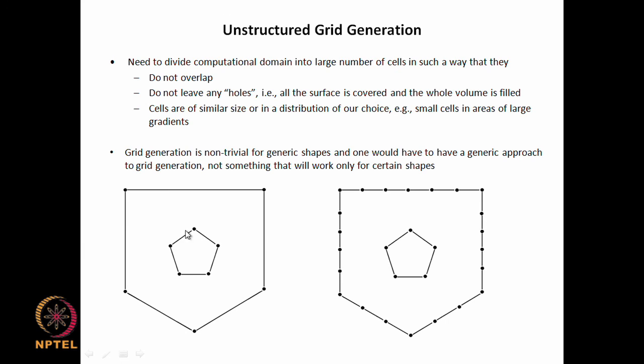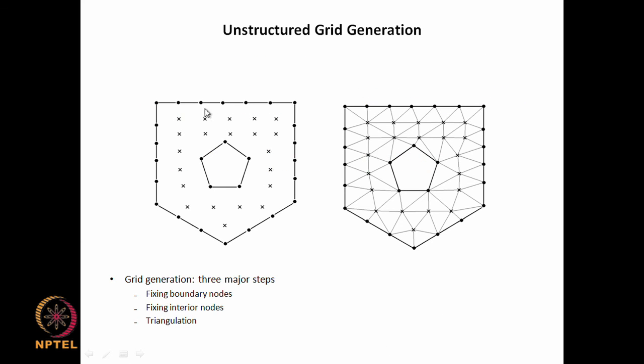Given the fact that we have a domain which does not fit into a regular constant x, constant y kind of thing, as shown here for this simple case, and given that there may not be any regularity, you need to have some imaginative way of trying to put interior points throughout the domain in such a way that they are separated roughly by a desirable distance apart, and that they are there everywhere and only inside the computational domain